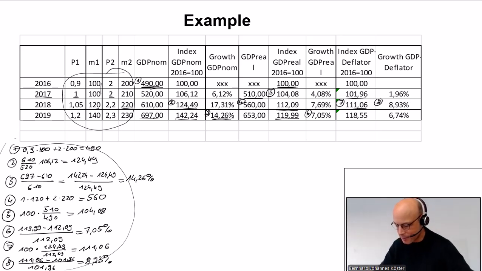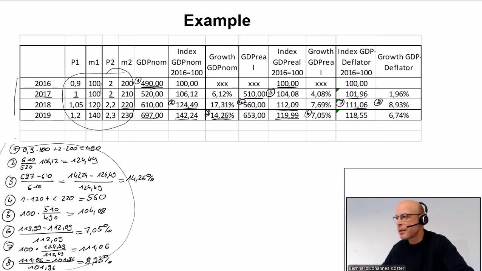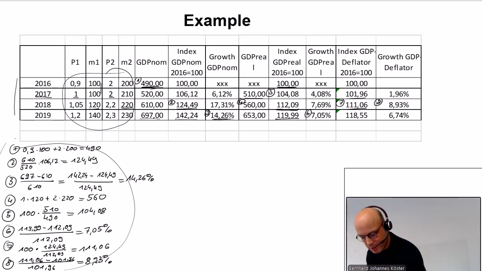And one last aspect for today I want to talk about is, well, we have here a quite short time series, only 4 years. But in general, also think about a company you are interested in, the development of profits over the last 10 years. And then you want to calculate the profit development, the average growth rate of your profits of the last 10 years. So let's use here the nominal growth rate.